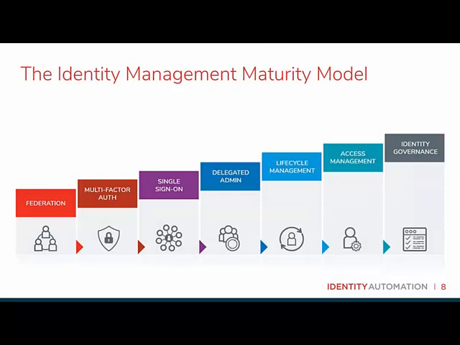So with that, we've got that foundation set now, we can focus on the IAM maturity model. So if you're not aware, previous to this particular webinar, we did a series of webinars covering each of these tenets in deep detail. So all of those recordings are available on our website, as well as a number of blog posts that outline each one of these tenets in that immense amount of detail. So I encourage you to go out and take a look at those if you haven't had the opportunity to attend.